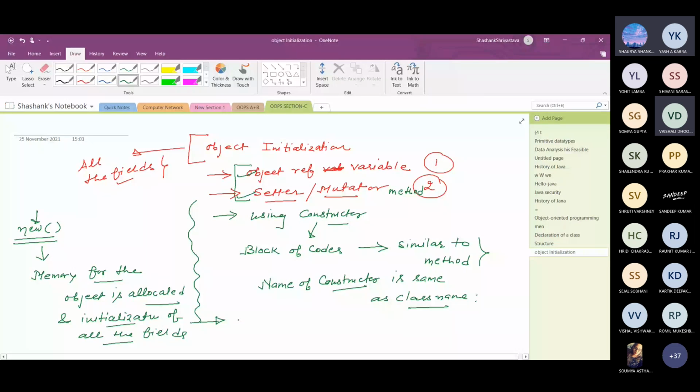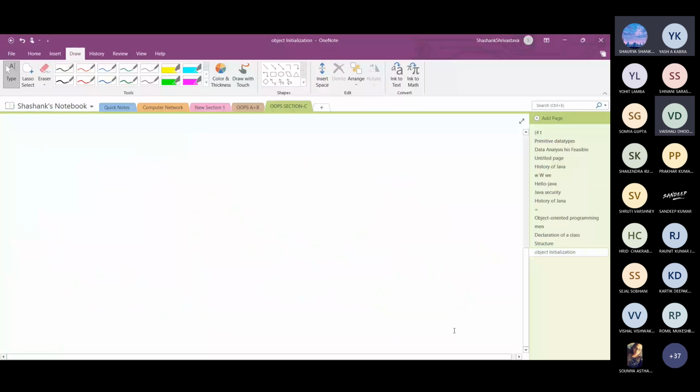If I take an example, suppose there is a class Student, and there are two fields, integer age and string name.